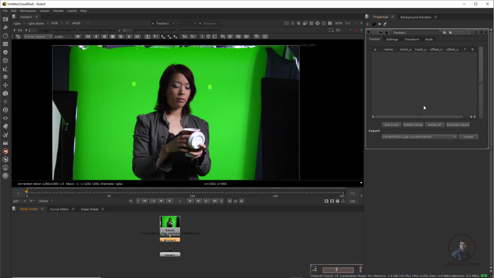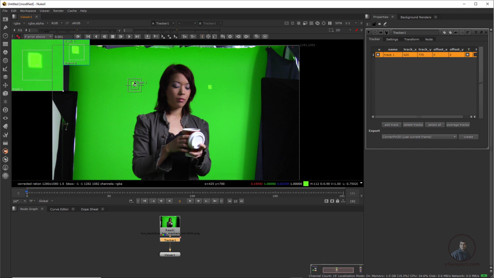First we have to add our tracker. On the right side you will get these add options. Even in our viewer you will also get some tracking options. From this add tracker option you can add your trackers according to your requirements. So now just select and simply add it here, because this tracker we have to track. Then after this we have to adjust it and place it at the correct position. From here if you want we can easily adjust it. Then switch off these add tracker options.